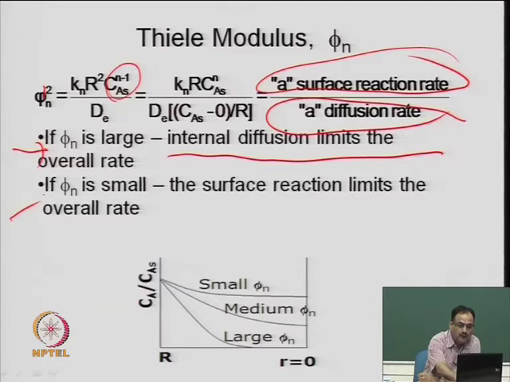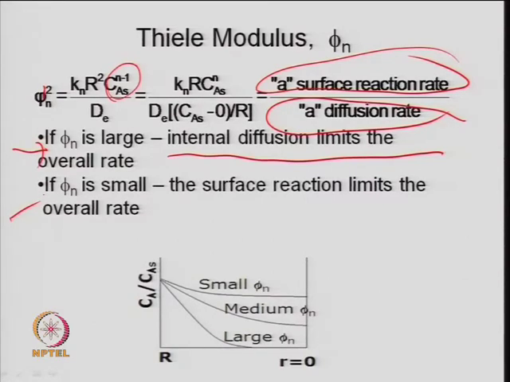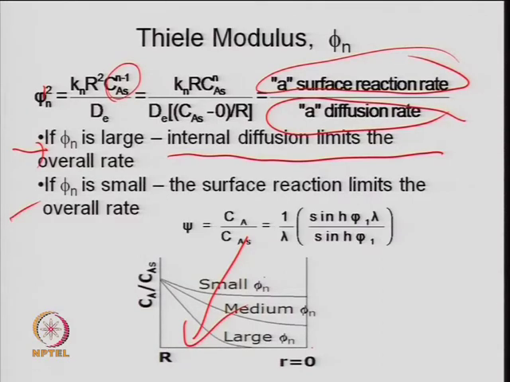If phi is small, then the concentration will be uniform throughout the solid, so you will have a higher rate in that case, if it is a positive order reaction. In the intermediate case, the concentration drops like that. If phi is very large, this is the center of the pellet and this is the outer surface. The concentration changes from Cs to a final value of 0 as phi increases. So, very useful information one can get by understanding these effects.